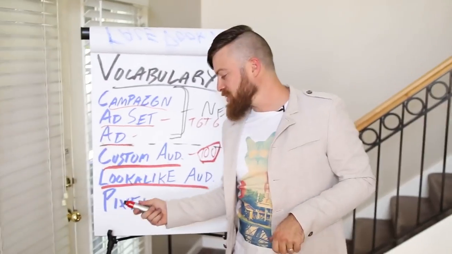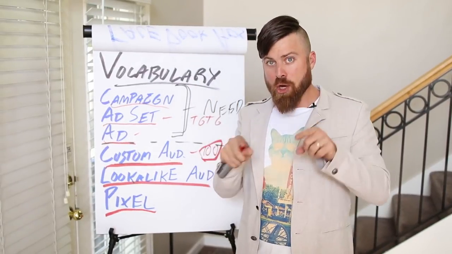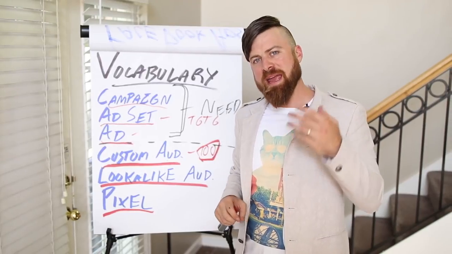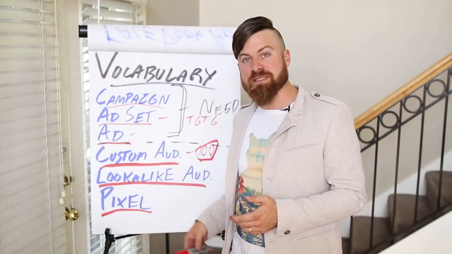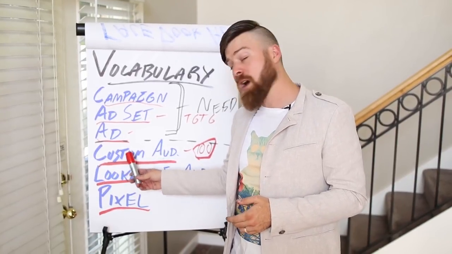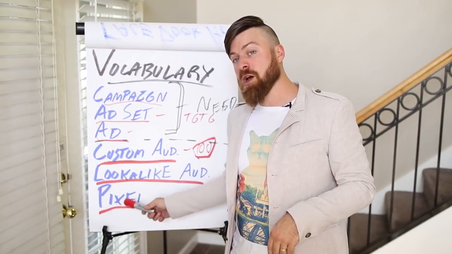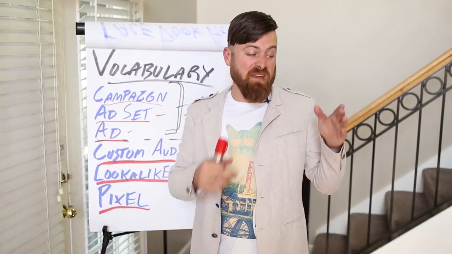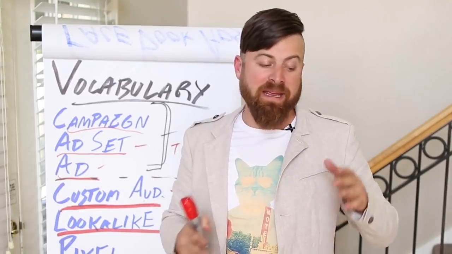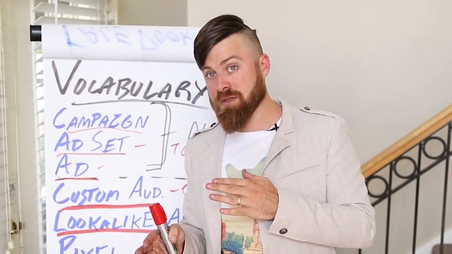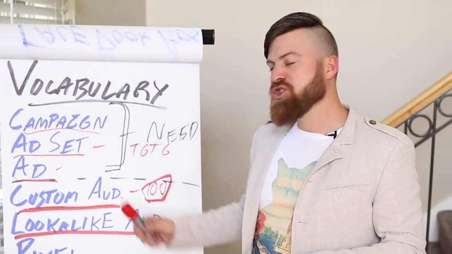Pretty neat, huh? The last term is Facebook Pixel. A Facebook Pixel is a piece of code that you put on your site so that Facebook can understand the demographics of people who are visiting your site, and also so that Facebook can build a custom audience around the people who have a tendency to visit your site. It also allows you to track to see if your ads created any buyers or leads. This is very helpful to determine if you spent $100, did you make $100 back? Very important to have these, but not fully necessary just to get started.